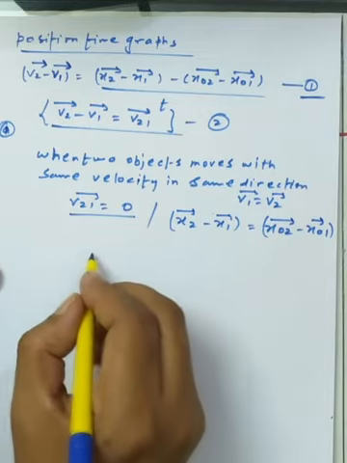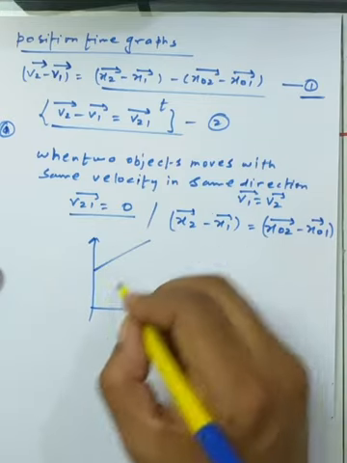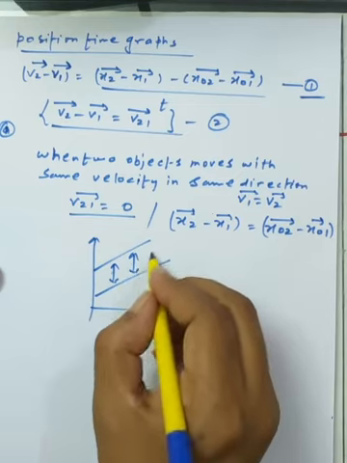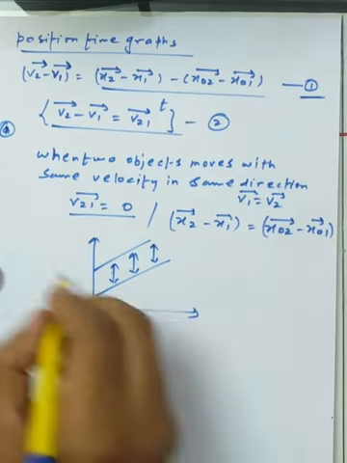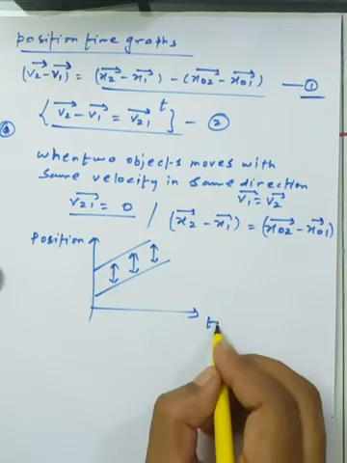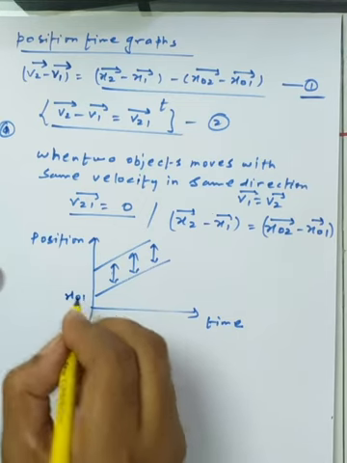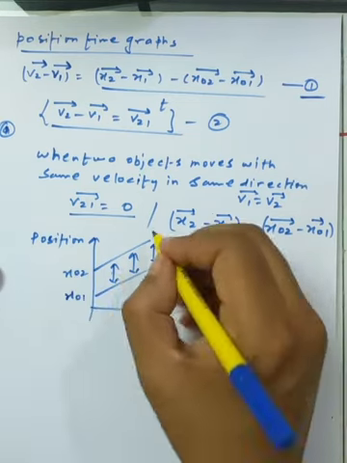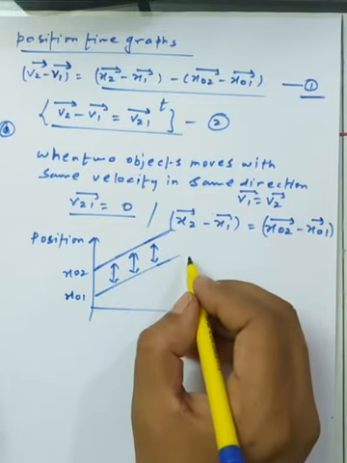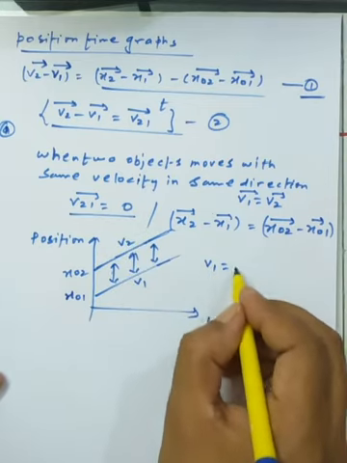So as I am plotting the graph, what will be the possible shape of the graph we have for the two objects? Whatever the linear distance is initially between them, it will be maintained for the coming time. This one is the position, this one is the time, this one is the initial position for object number 1, that is x01, this is x02, and this graph will continue in the same manner because we are assuming for objects 1 and 2, this one is v2 and this one is v1, and we are assuming v1 is equal to v2.